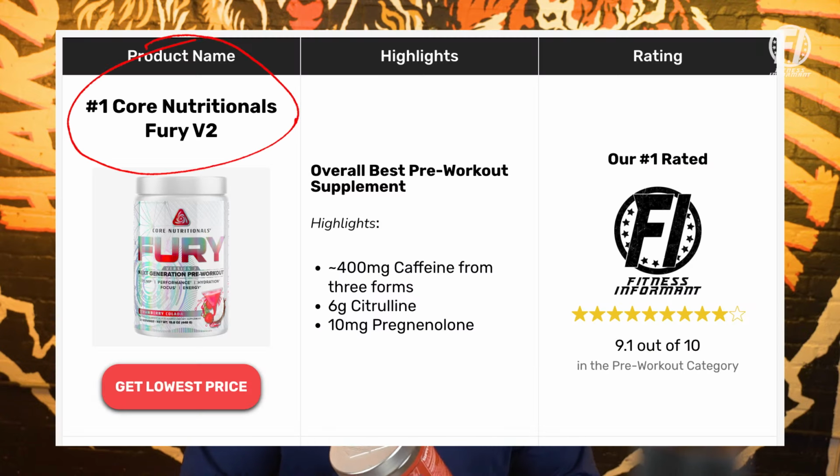But the question is, you have this authentic collaboration. Is the product actually good? And I can spoil this for you right off the bat and say it's an absolutely awesome pre-workout that does not utilize caffeine. So a big difference between this pre-workout and the everyday Core Nutritionals Fury pre-workout, which is still one of our top rated pre-workouts, that uses caffeine, this does not. So let's dive into the SFP and break this down for you and give you a little 4-in-1 on the